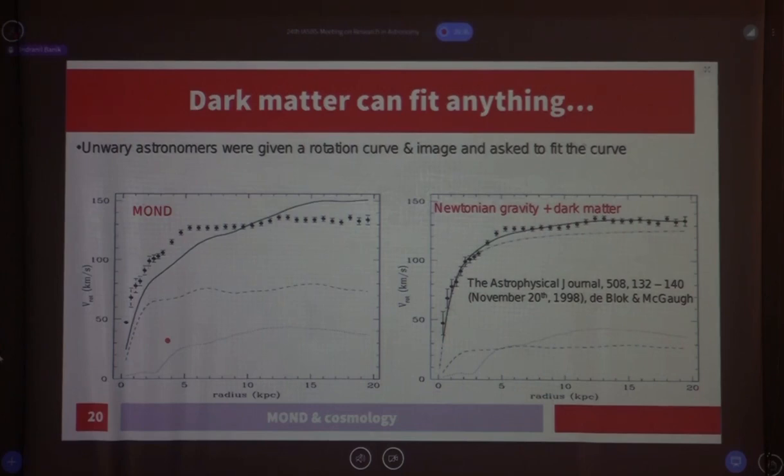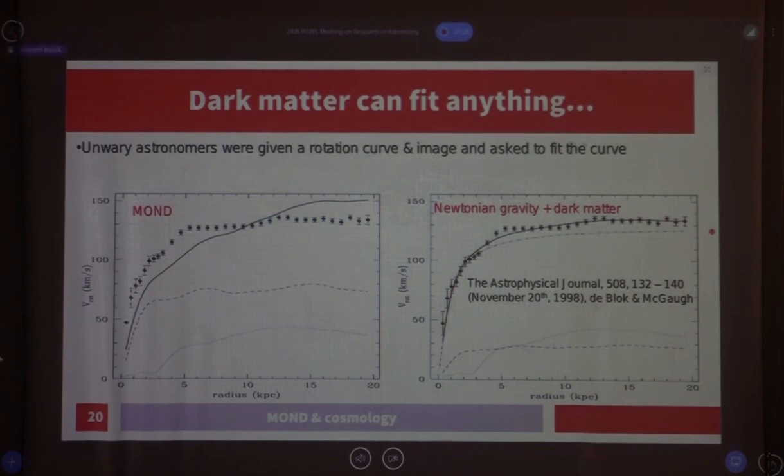Now, what happens in this case is that you actually cannot fit the rotation curve in MOND. So the best-fitting MOND model is the solid black line here, which, despite some modest changes one can make to try and improve the fit, is still really bad. So it wasn't possible to fit the data in MOND. In Newtonian gravity, however, Newtonian gravity obviously by itself doesn't work. You get something like some amplitude around here, which is completely wrong. But if you add dark matter, it's possible to actually obtain a very good fit. So it was possible to obtain this solid line, which actually fits the data very well.